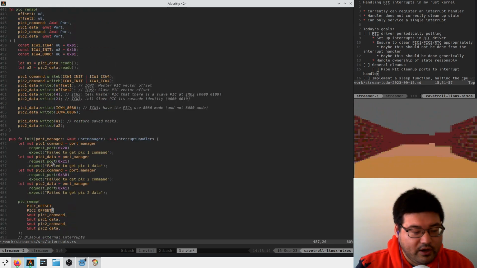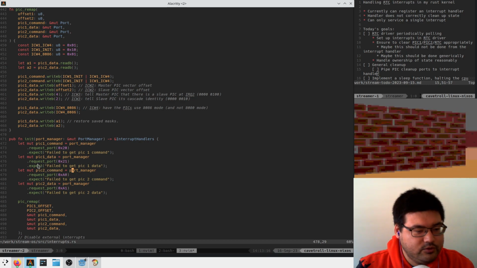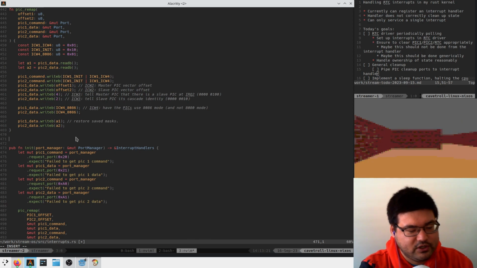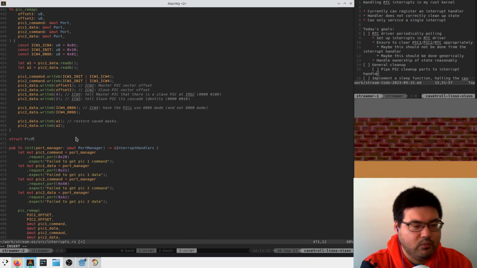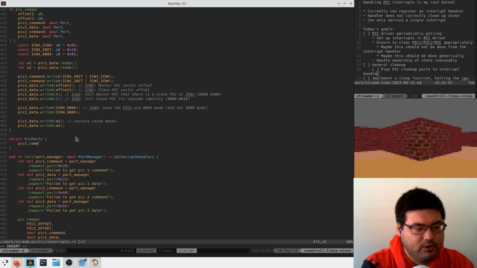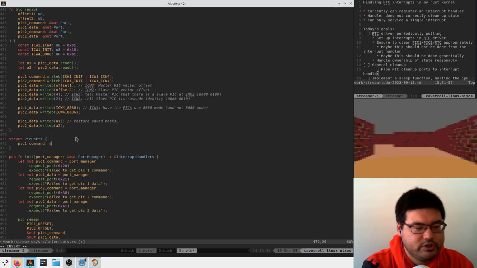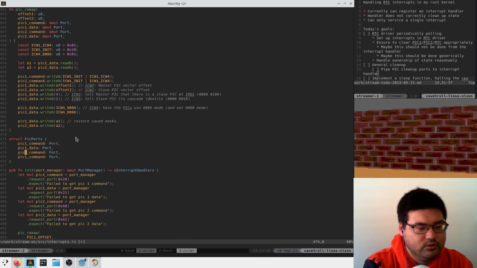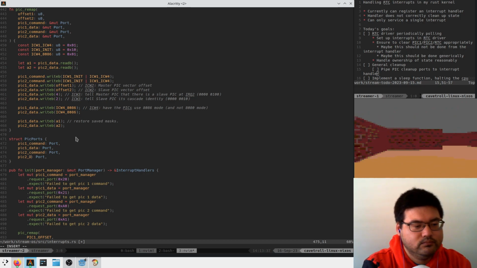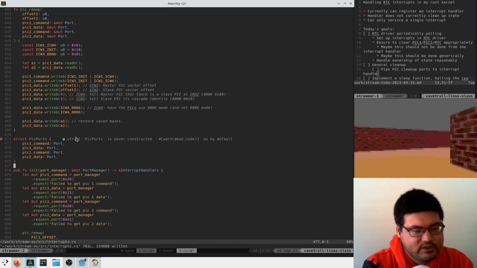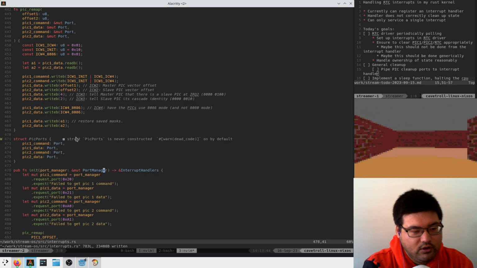Let's think. I guess somewhere we're going to have to stick these ports into static memory, right? So let's just stick them all together. PIC ports, we'll call it. And we'll say PIC one command is a port, and this is PIC one data. PIC two command, PIC two data. And on initialization, we'll stick these somewhere. So let's see, we don't really have